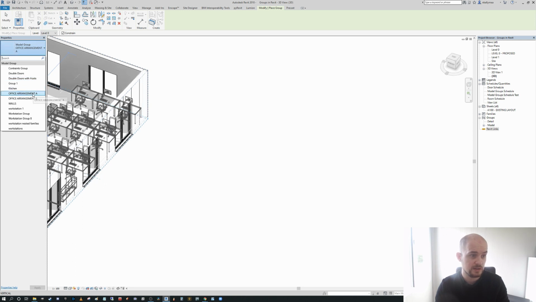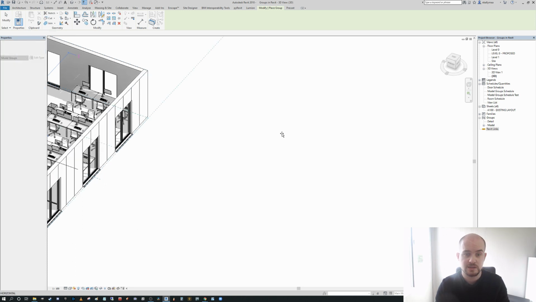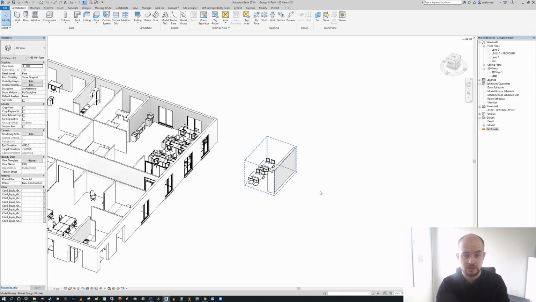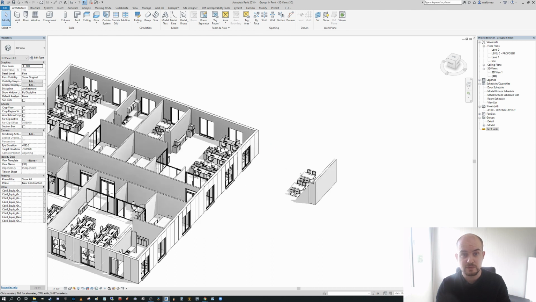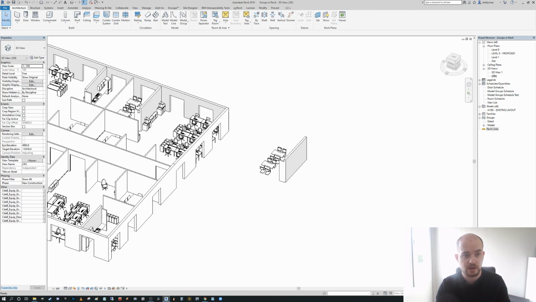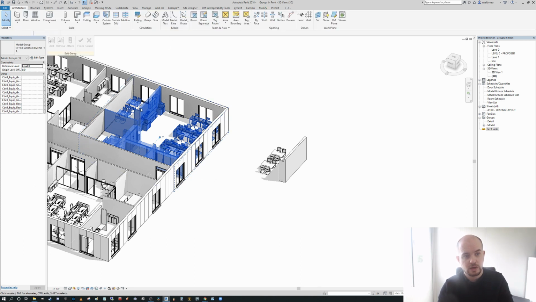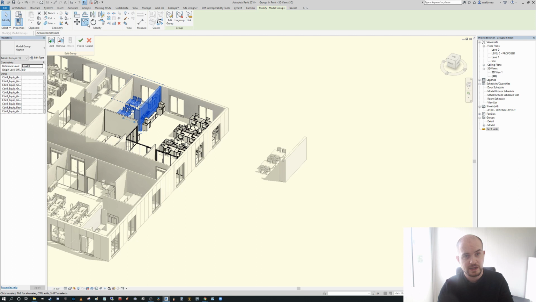So again, I'll say kitchen in this instance, and I'm just going to place the kitchen model. There you can see we have our placement of a new group within the model. Rather than going in, because this is a nested family and a nested group in this instance, it'd be very difficult to select that and copy it out. What we'd have to do is edit the group, copy that nested group within the group,